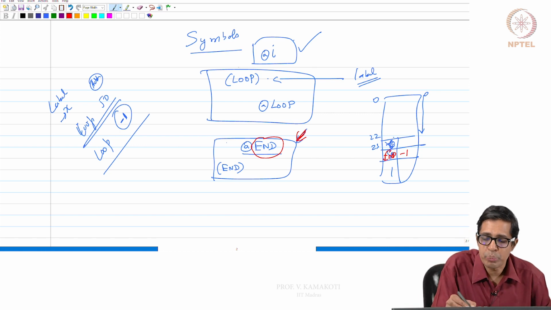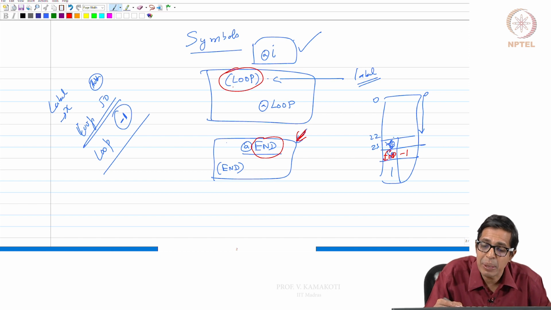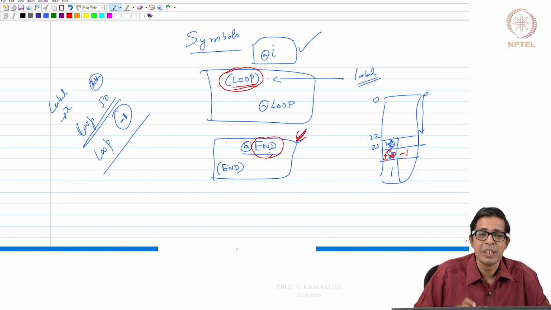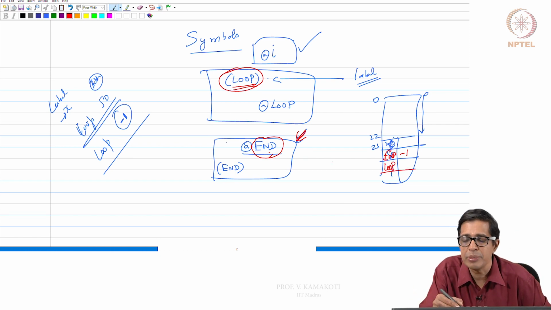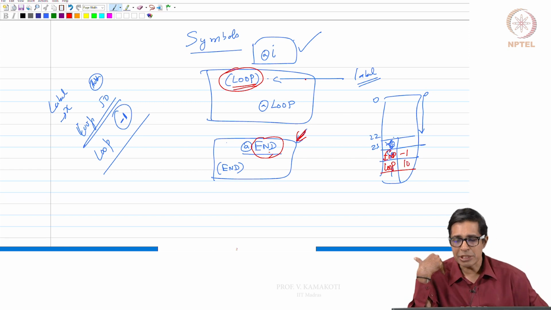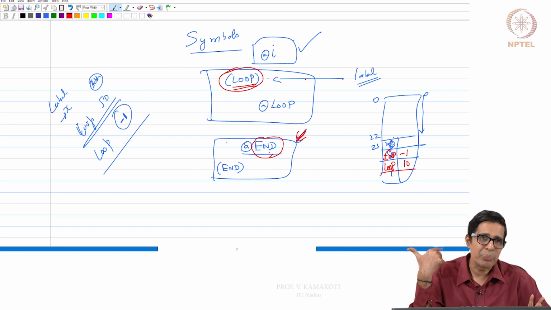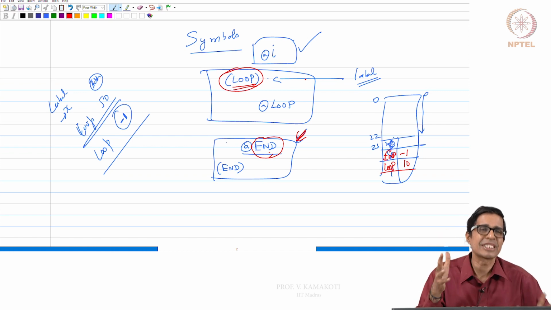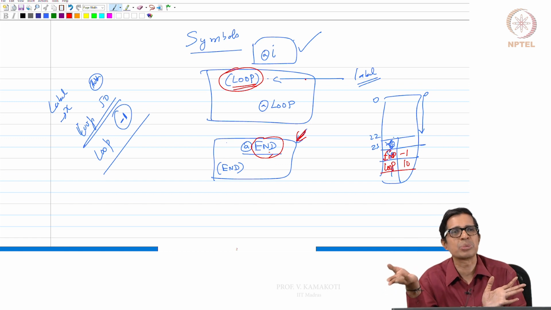But when I encounter loop, I am encountering loop for the first time as a symbol, as a label. Here I was encountering end as an argument to the at instruction, but here I am encountering loop as a symbol. In this case, I will enter loop along with some address, say let it be the 10th instruction, so I will put 10. So when a symbol is first entered, its address may or may not be known. You can go with a valid address, or you can leave it as -1 for somebody else to fill.